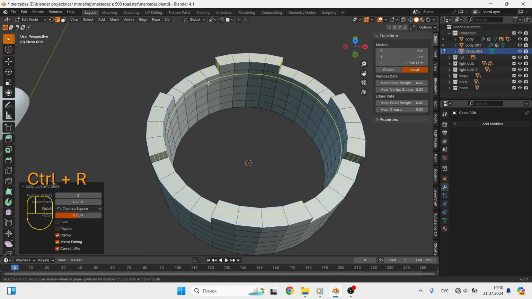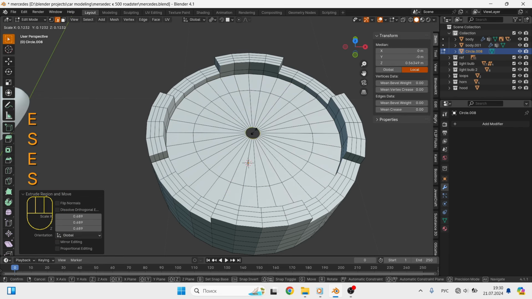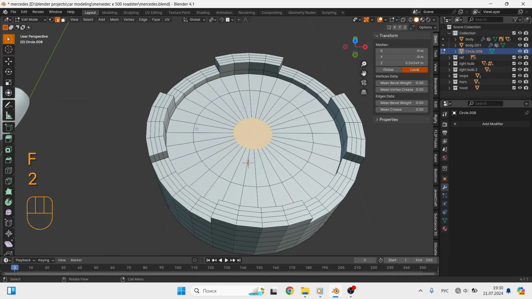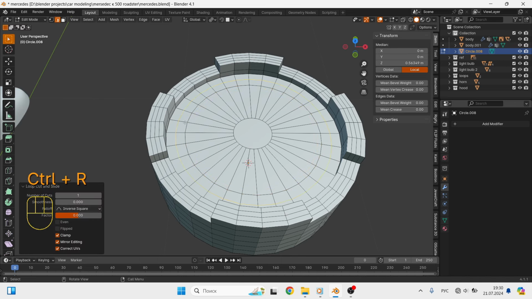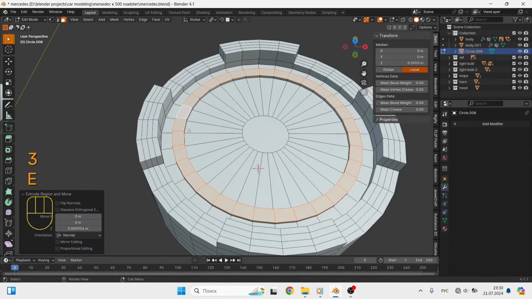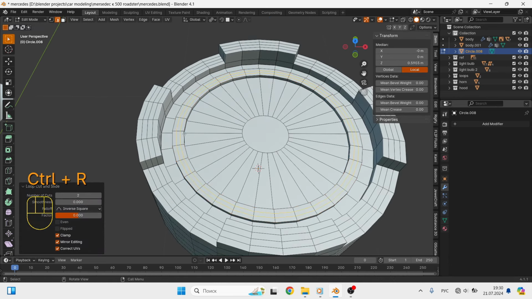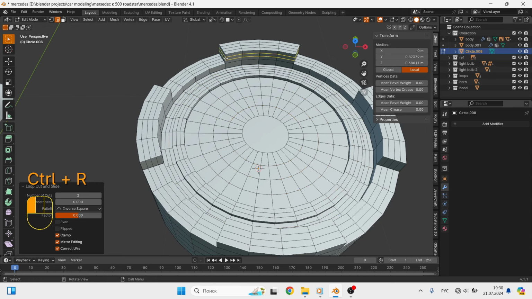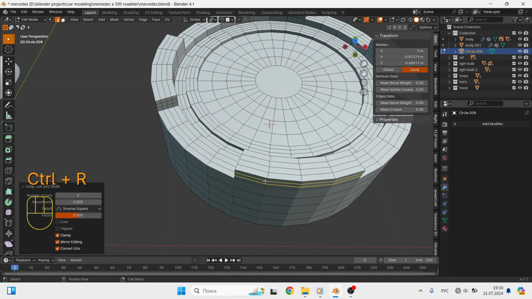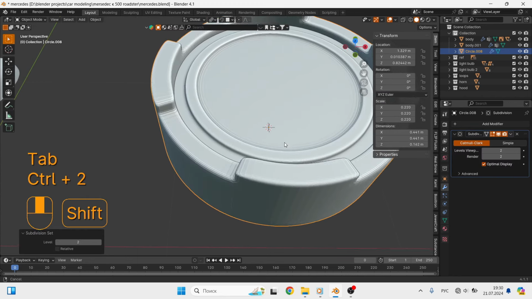To create the surface of the rear light glass, add another loop cut and extrude it inwards, then fill the circle with the F button. To create the outline, which will contain the Mercedes logo, add a loop cut that allows us to select faces in a circle to extrude them upwards along the Z-axis. For the stability of the mesh grid, add edge loops where they are needed. Now you can use the Ctrl 2 combination to add subdivision, and also use Shade Smooth.